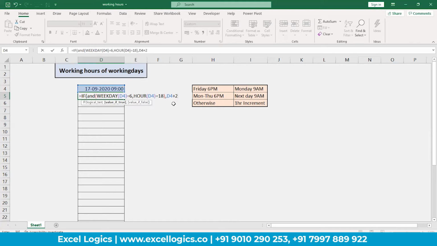It will take us to the Sunday evening 6 p.m. But we need Monday morning 9 a.m. If I take 3, it will take us to Monday evening 6 p.m. So what I do is I will add 2 days plus 15 hours. From 6 p.m. to 9 a.m., how many hours we have? 15 hours. So plus TIME of 15, 0, 0. This is the logic for Friday evening 6 p.m.